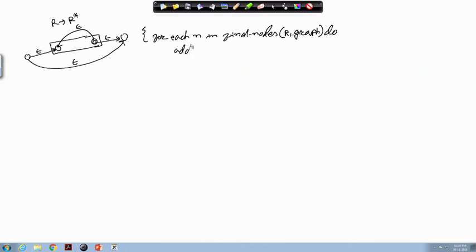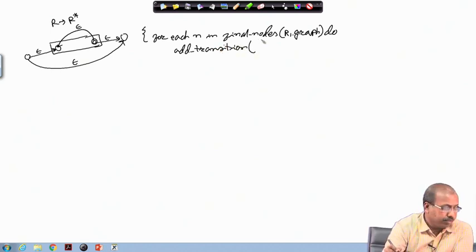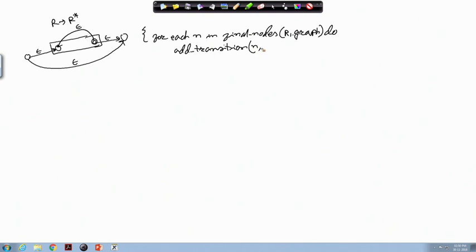So, add transition from n to the start node of R1, and the label is epsilon. So, these transitions have now been added.